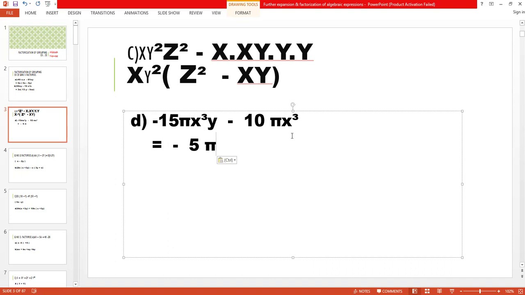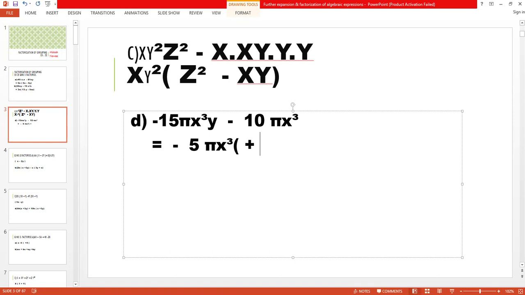Next one is x cubed. Again, this one is x cubed. So this x cubed is also a common factor, so here we write x cubed. Now we have to put a bracket. In the 5 times table, when we need a minus sign, minus 15. This means inside the bracket, we have to put a plus sign.